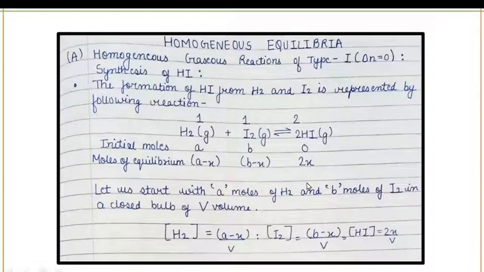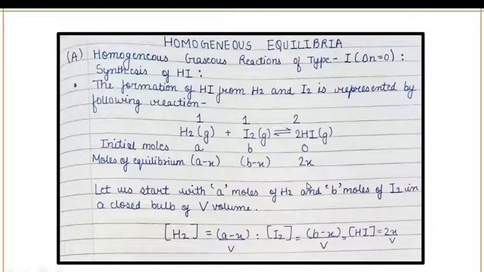So in previous lecture we have discussed about the different cases of delta N. What was delta N? Delta N is the number of moles of product minus number of moles of reactant. And according to delta N, we have three different cases on the basis of value of delta N. The three different cases were when the delta N value is 0, second case when the value of delta N is positive, and third case when the delta N value is negative. So one by one we are going to discuss about these cases.